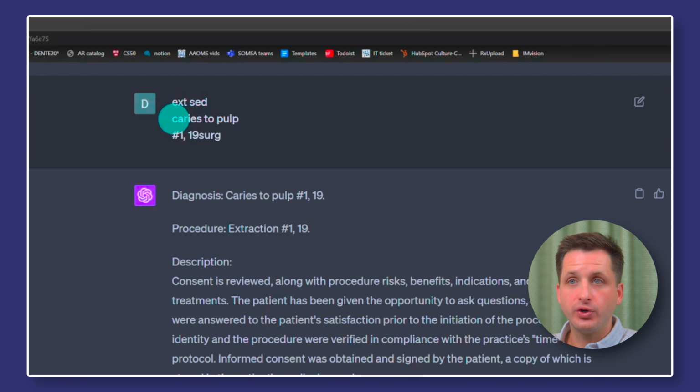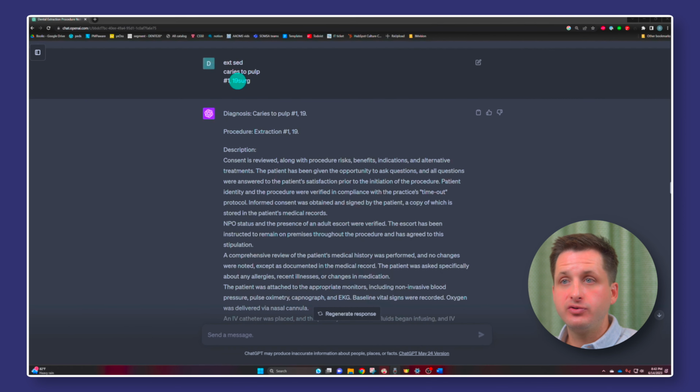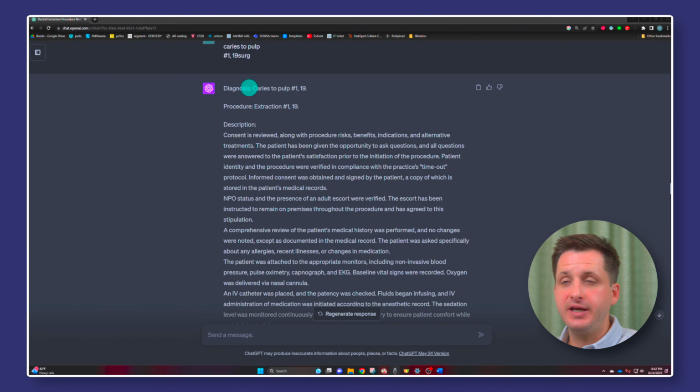The next thing, you're going to input the diagnosis for these cases. Next is going to be the teeth sites and then the appropriate modifiers, whether it'll default to simple. If you write surge, it'll be surgical extraction, obviously, STI, soft tissue impacted, PBI, partial bony impacted, and CBI, complete bony impacted. And then you're going to put that into ChatGPT as the prompt, and then it is going to